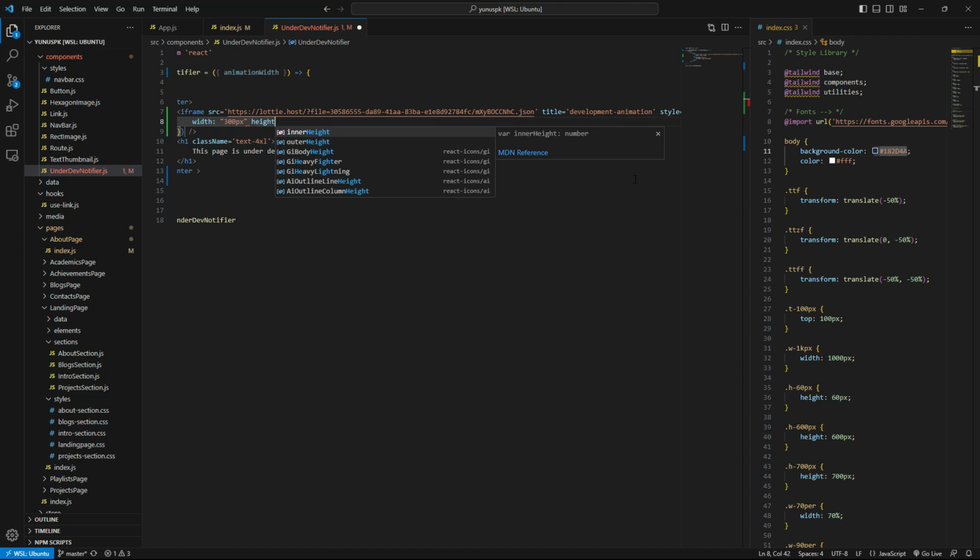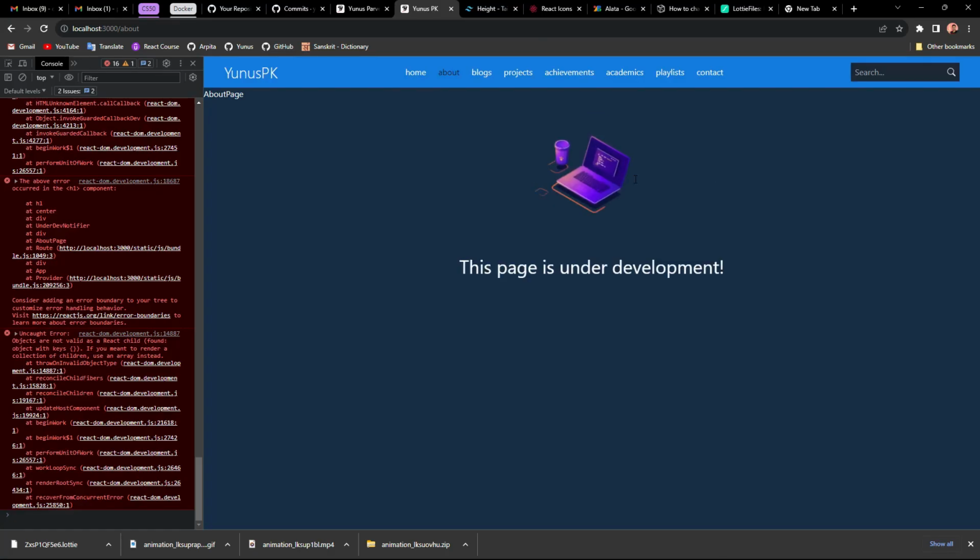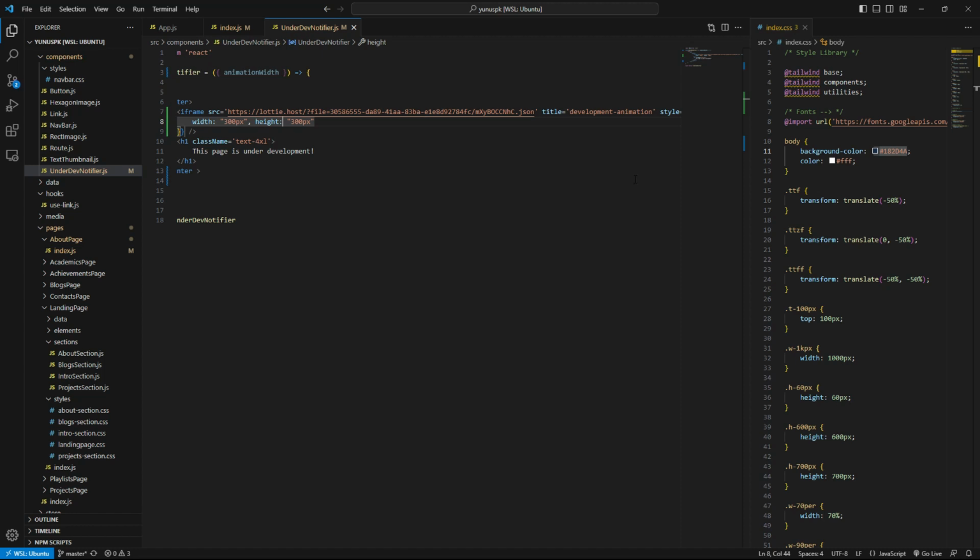If we have a height of probably 300 pixels, height works kinda, I guess. 300, maybe 500, but we're not gonna have any width this time. Let's have a look.